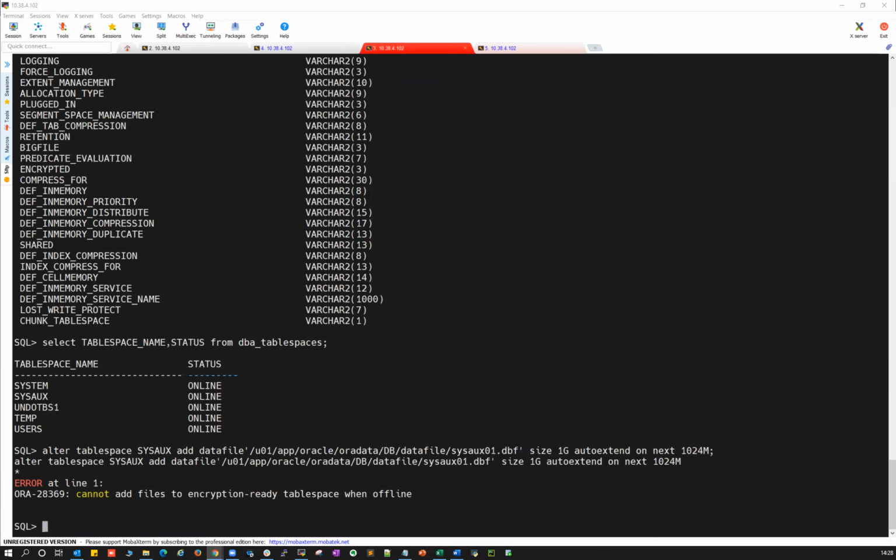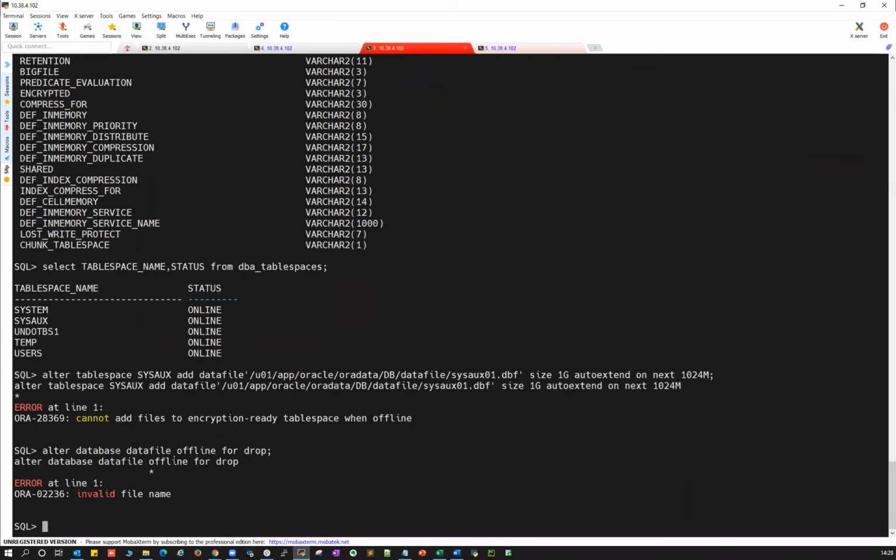Alter database datafile offline drop is a command where you're going to drop it, like alter database datafile offline for drop, and then the invalid data file. So we have to put that data file number here. What you can do here is alter database datafile, and then your data file number, you can mention 3, and then you can put offline drop,